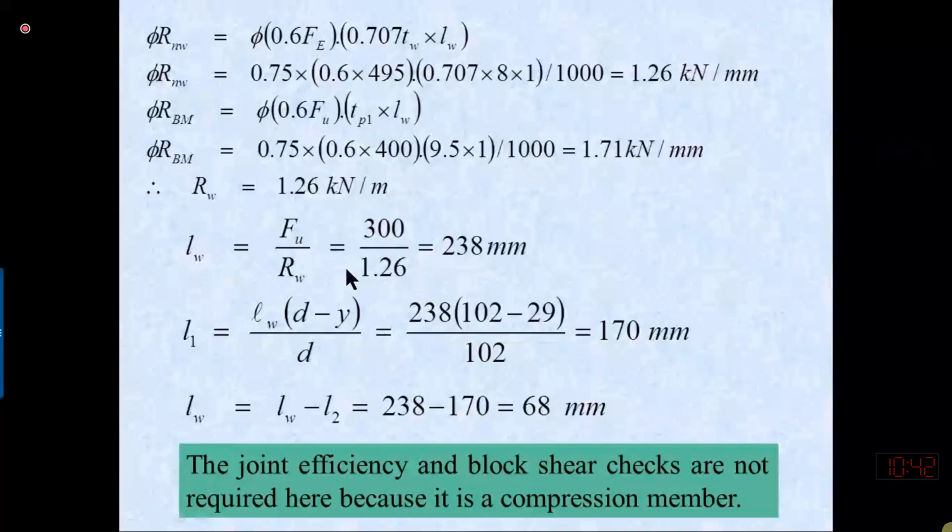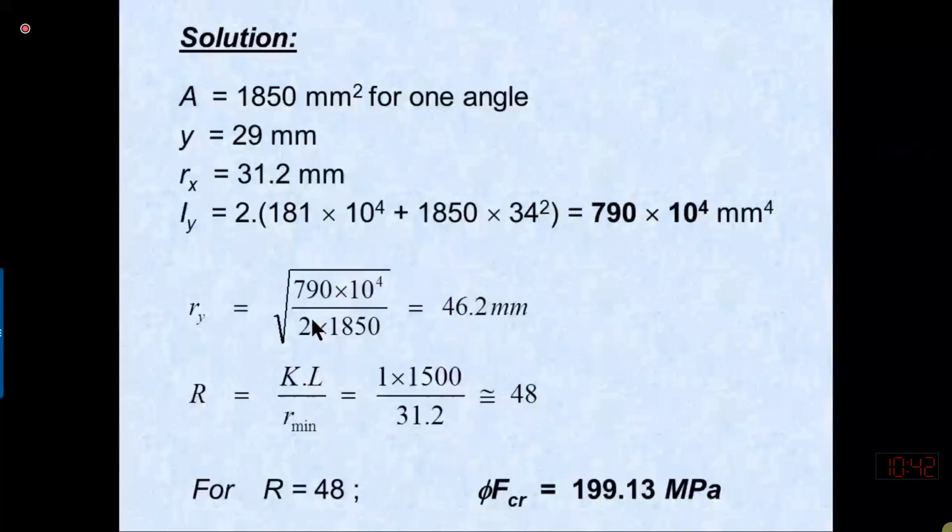After substituting the values, d is 102, so d minus y, 29, gives the centroidal location divided by d. So the L1 value is coming out to be 170 millimeters. Now if we are computing the L2 value,